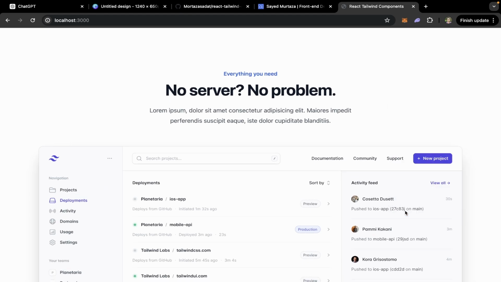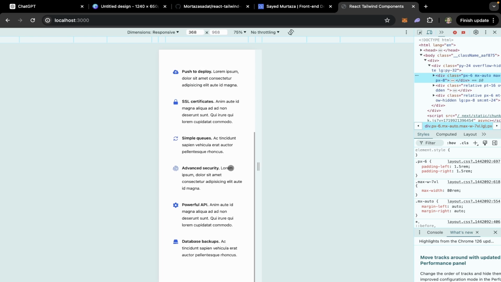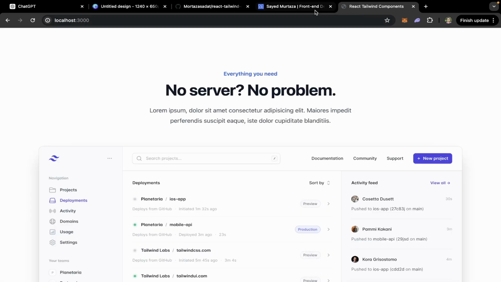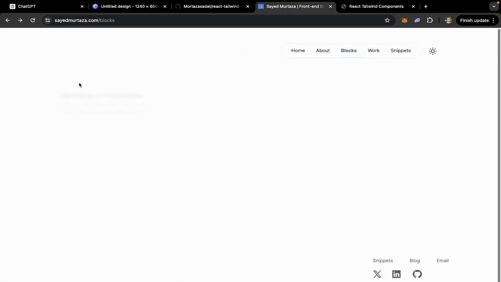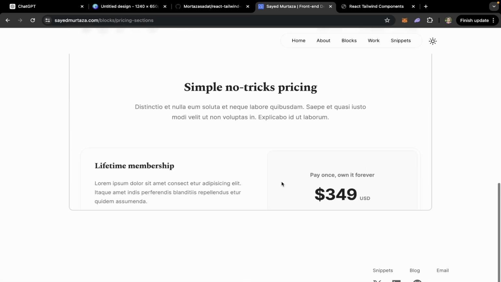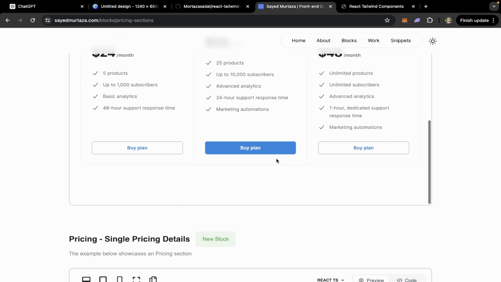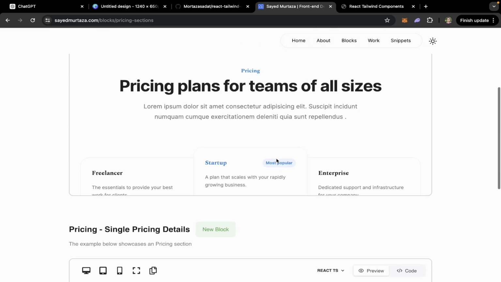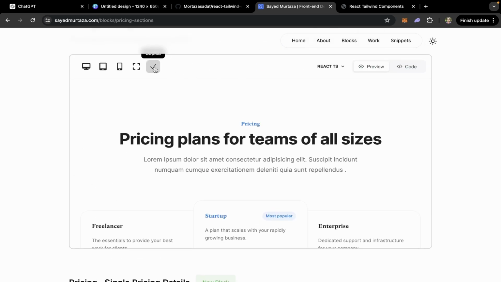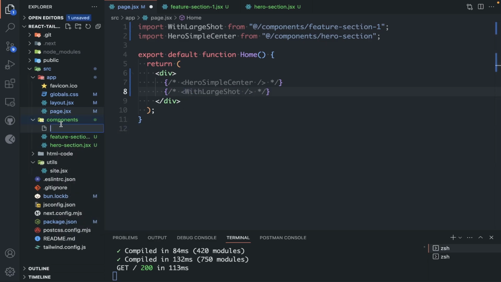All components will be responsive, fully responsive, guys. Check. Let's add another component. I want to add a pricing section. Till now I have added two pricing sections. Let's add this. Copy the component, pricing with